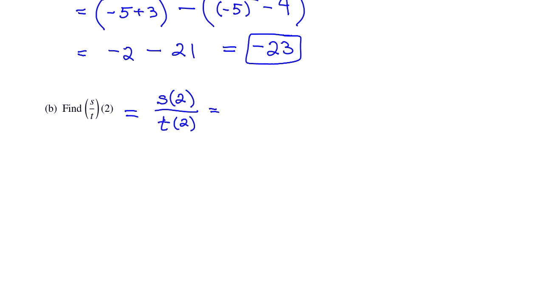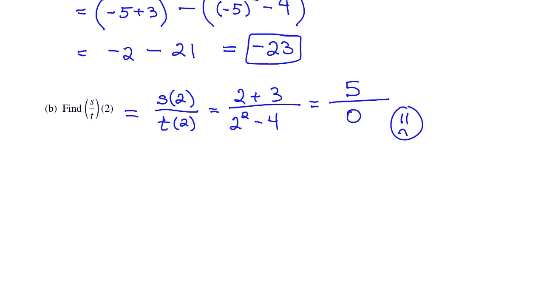All right, so this would be 2 plus 3 over 2 squared minus 4. The numerator would be 5, but the denominator would be 0. And this is bad. You can't have 0